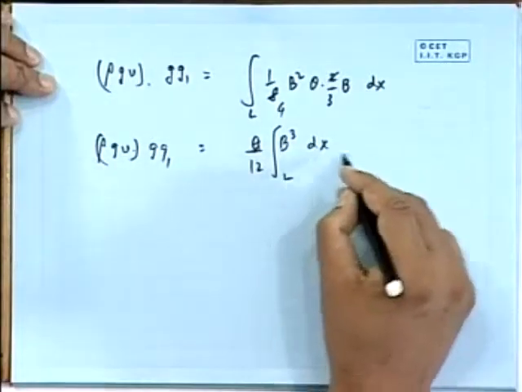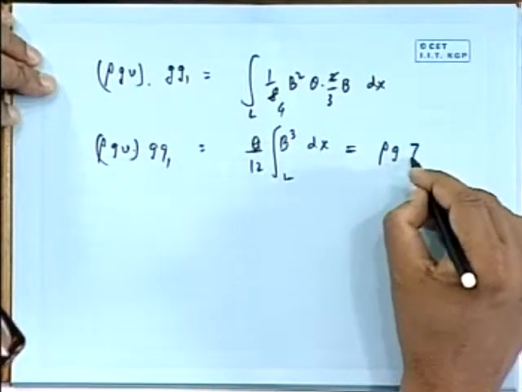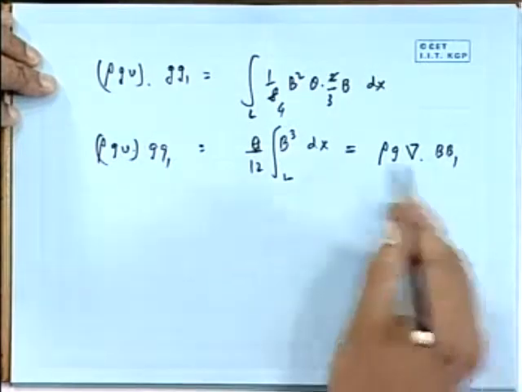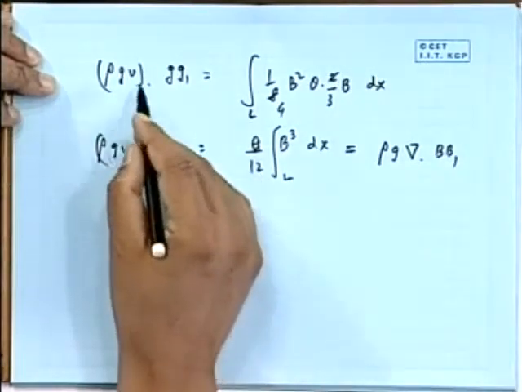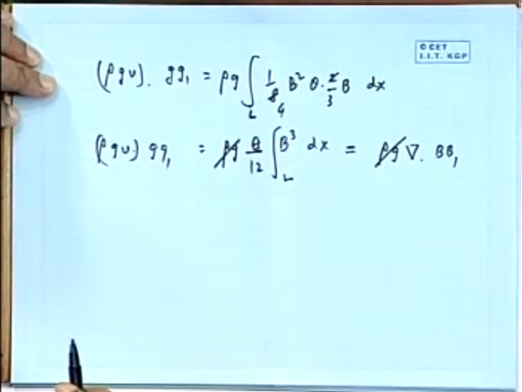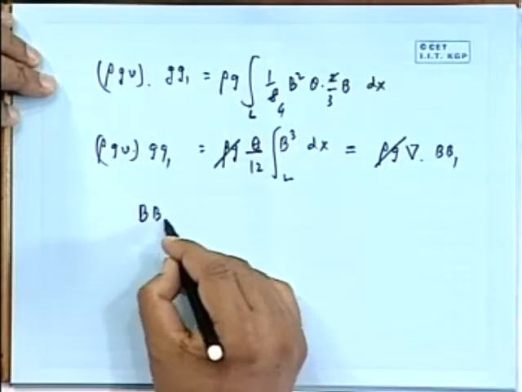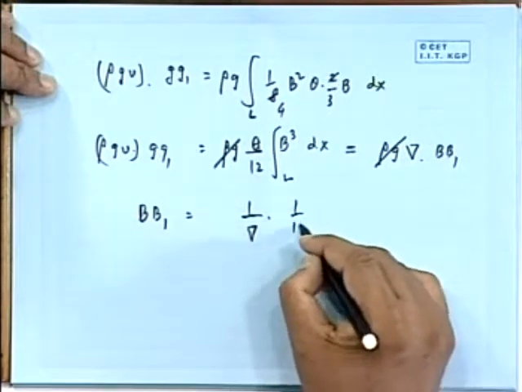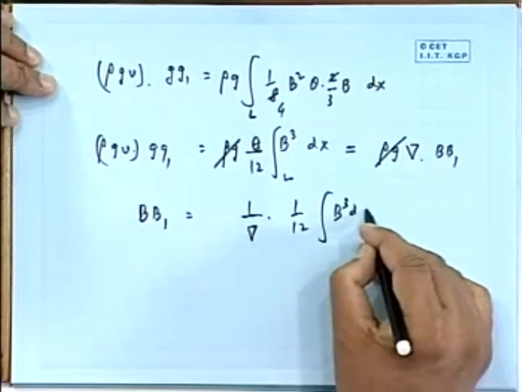Okay, I can take the theta outside because theta is whatever angle, it is the same for all of this. Now this is my rho g V into GG1. This should be equal to rho g into ship volume into BB1. In fact, no, sorry, this is not rho g V. I have to multiply rho g here, and in fact I can just delete this part, and I can say that BB1 therefore is actually 1 by volume into 1 by 12 of b cube dx, and